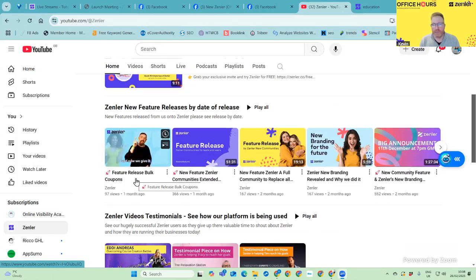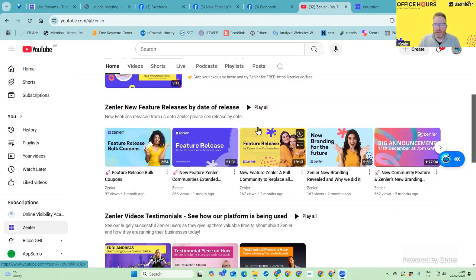So things like bulk coupon creation, we released recently. If you're selling stuff on AppSumo, for example, where they say, go and make 1,000 coupon codes, well, before it was really difficult. You had to do them one by one by one. It'd take you 100 million years. Now you can just do it all in bulk and you get hundreds and hundreds of individual coupon codes in a click of a button. So it's a really useful one to have there.